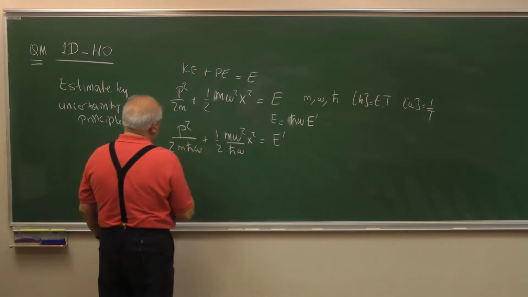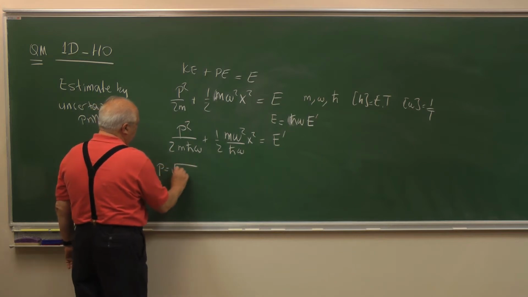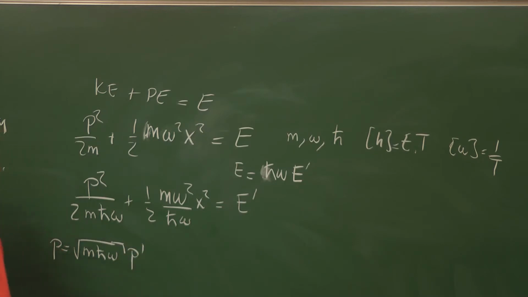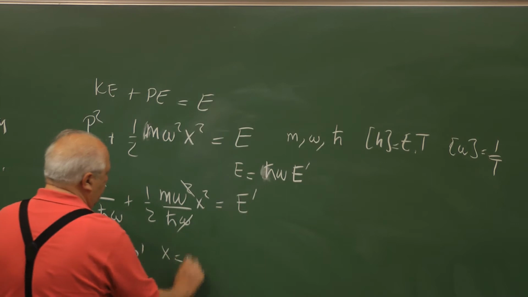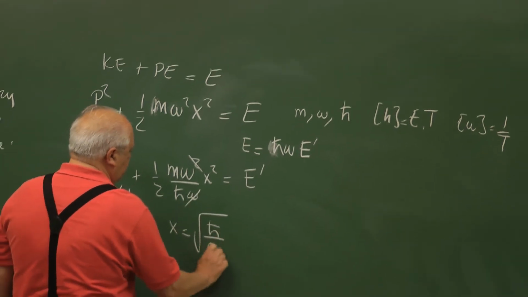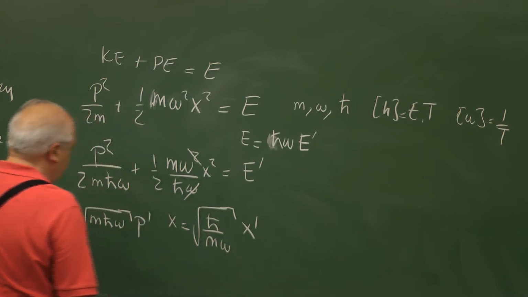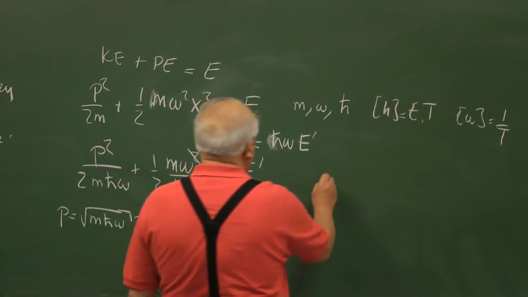And if we define p as root m h bar omega p prime and x as root h bar over m omega x prime, then the energy equation becomes